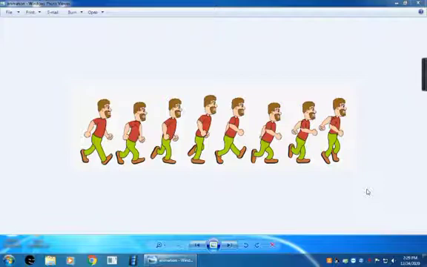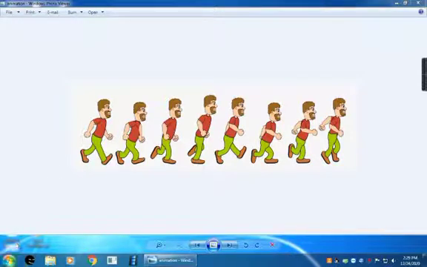Before that we'll see what is animation. When a set of pictures are displayed quickly in series, it looks like movement of pictures. So this is called animation. See, if I create all these pictures in different frames and if I play quickly, it looks like a movement. So this is called animation. Now we learned what is animation. Now let us see how to create this animation using stick figure.